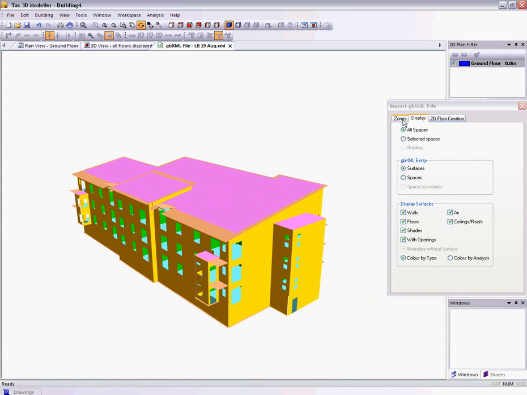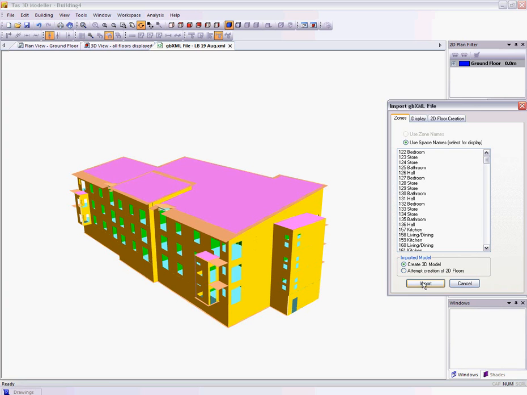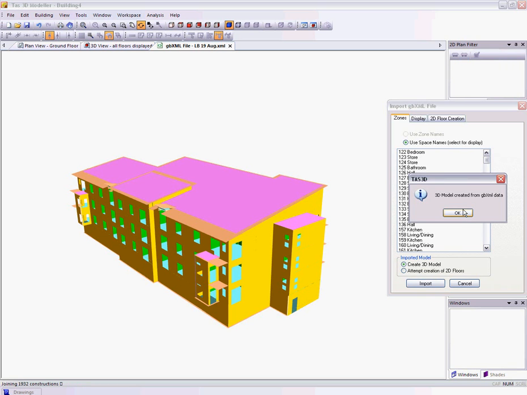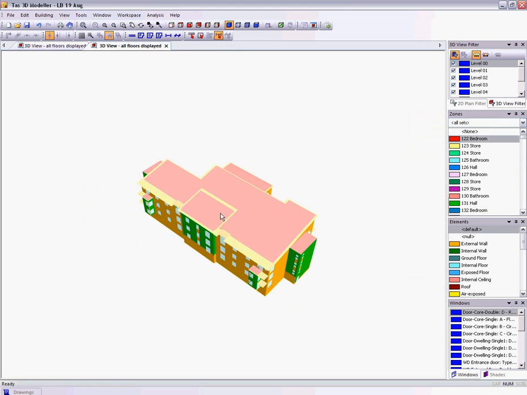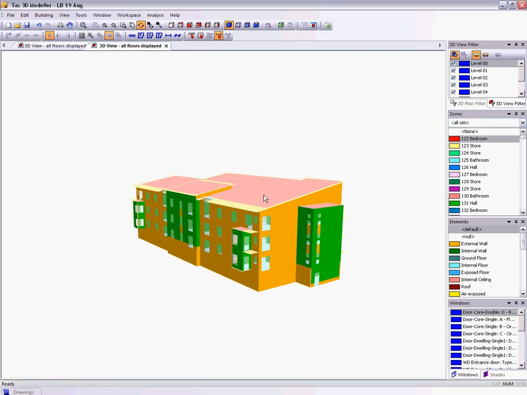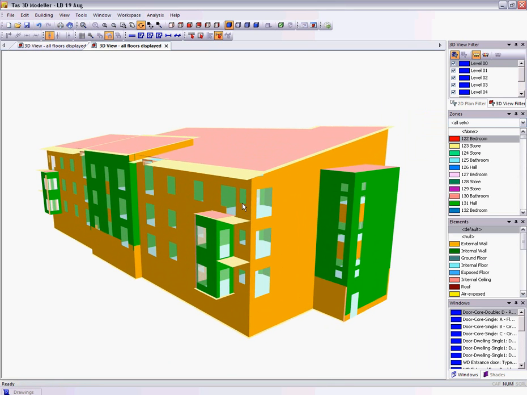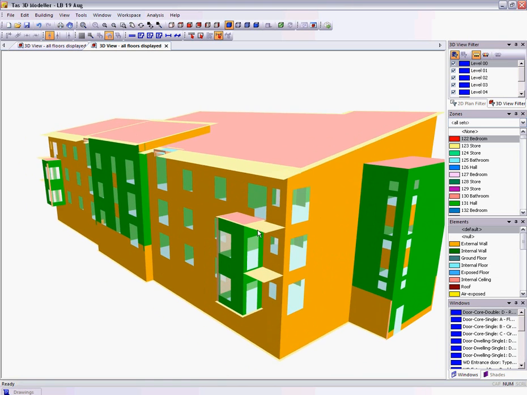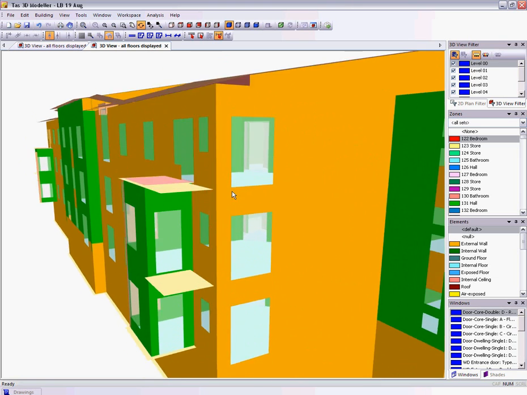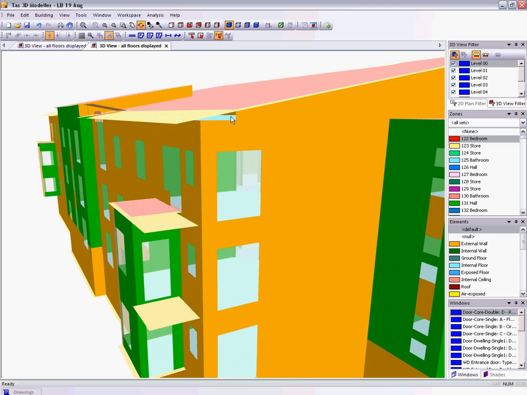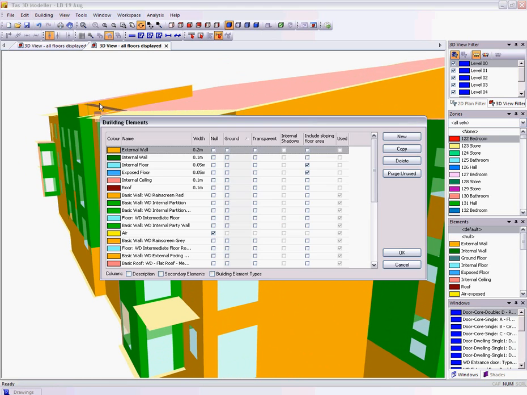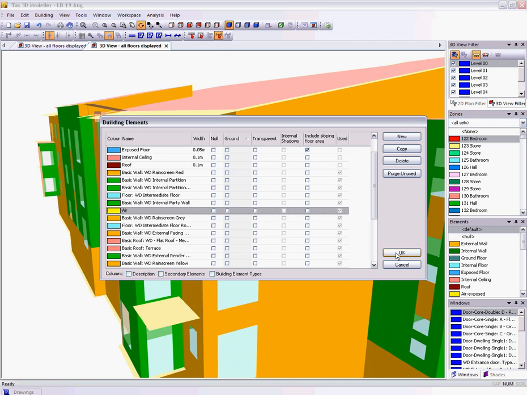When I'm happy with the preview, I can create a Tas 3D model. Here I see the imported building, which is now a Tas 3D model, and I can continue to edit this and make changes as I would any other model that I created in Tas. Where Tas has created this air building element, I can choose to seal those gaps,